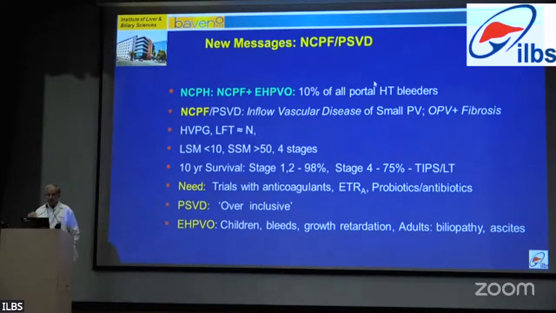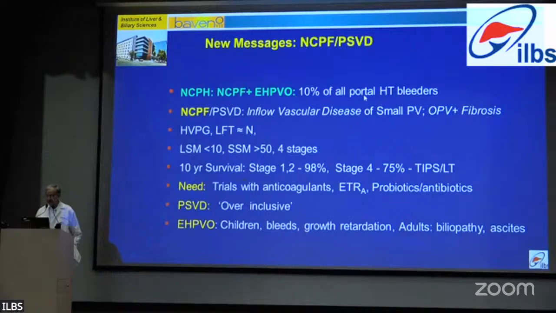We still do not know what the etiology is, how the disease occurs. So non-cirrhotic portal hypertension is the umbrella term. It has NCPF, which I have described. I have purposely not tried to say extrahepatic portal vein obstruction. Of all the patients who come as bleeders, I do not have data, because I only came to know yesterday about the absence of Rajan from this. But we do have data from the past.